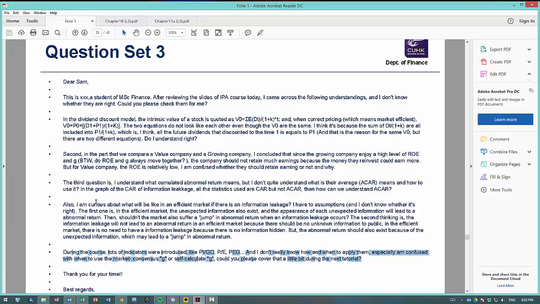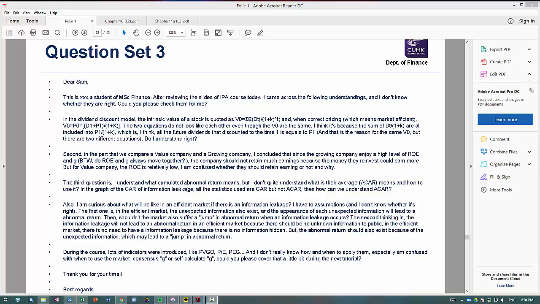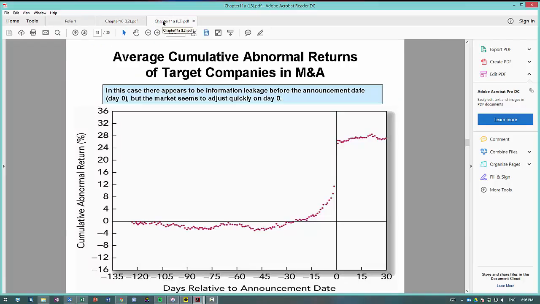Okay, and I'm now going to tackle this one here about information leakage and market efficiencies. All right, so just take a moment to read this one. Now, the thing about market efficiency and information leakage is as follows. So first of all, what is going on here? Well, somebody,